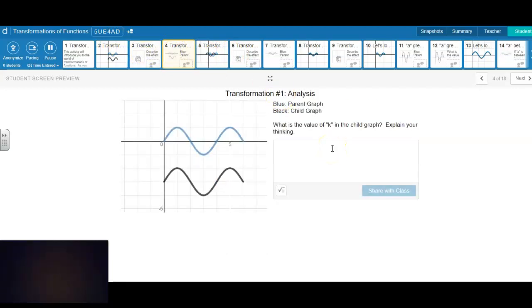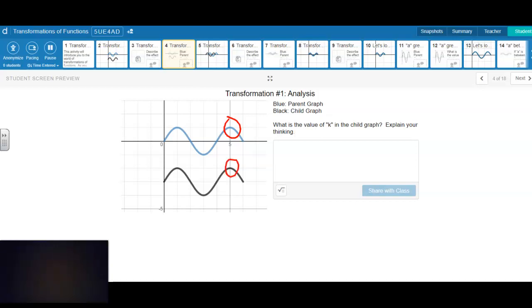Now, they're calling the blue graph the original, the parent, and the black one is the child. So what is the value of k? All you have to do is find a matching point. Pick a point in your mind that's clear enough to distinguish. Let's say that one right there. Then find the corresponding point that goes with it